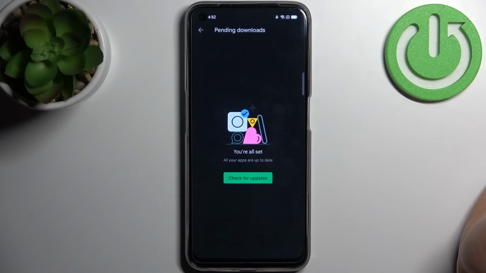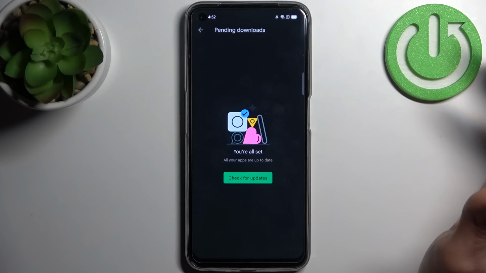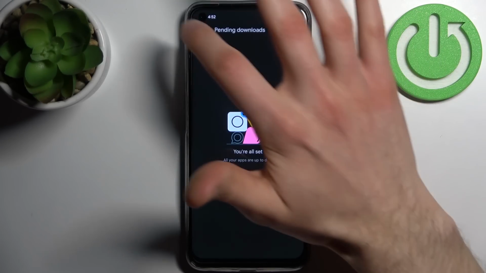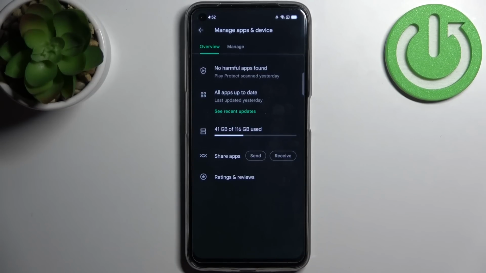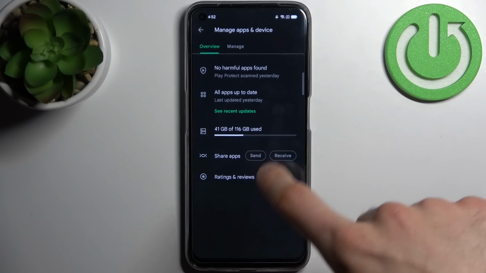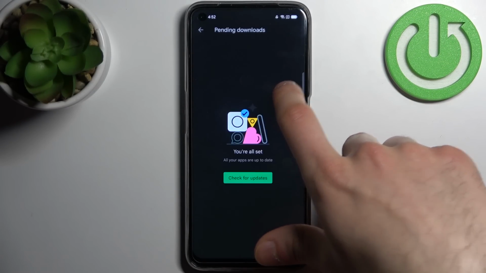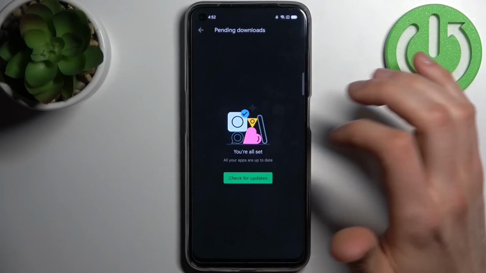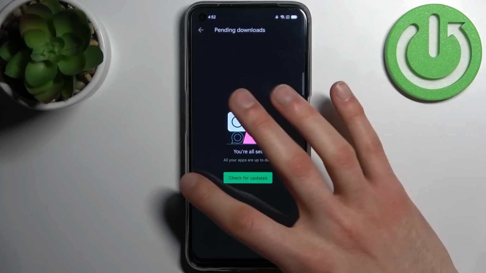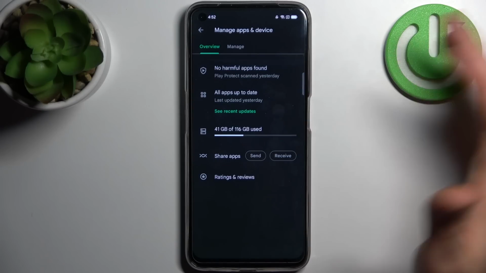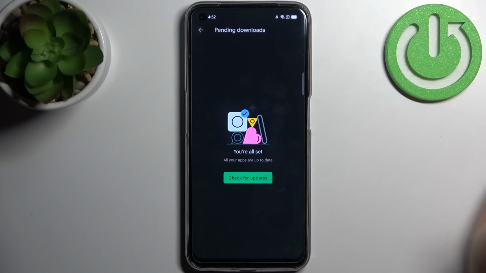But as you can see, I'm all set. I have no updates here. But if you have any unupdated apps, you will have them in these sections. So yeah, unfortunately I don't have any unupdated app to show you how it looks like, but you will find